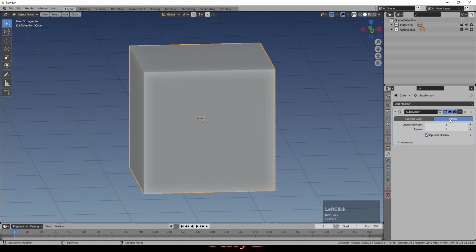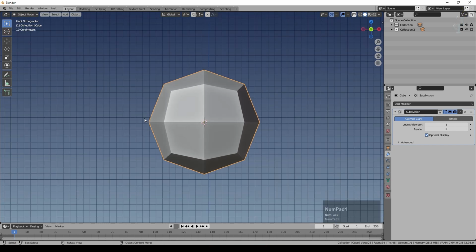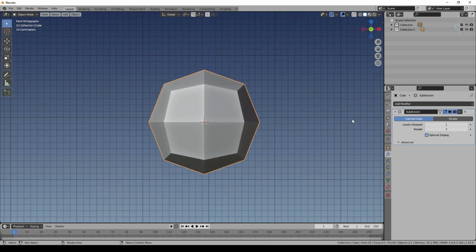It doesn't do any smoothing, it just adds additional vertices when you use simple, which is sometimes useful. But under Catmull-Clark, it tries to smooth it out. So those additional vertices are put in a position as if it was an arc between those 2 points. So whatever the shape is, it will be smoothed to some degree by adding extra vertices.